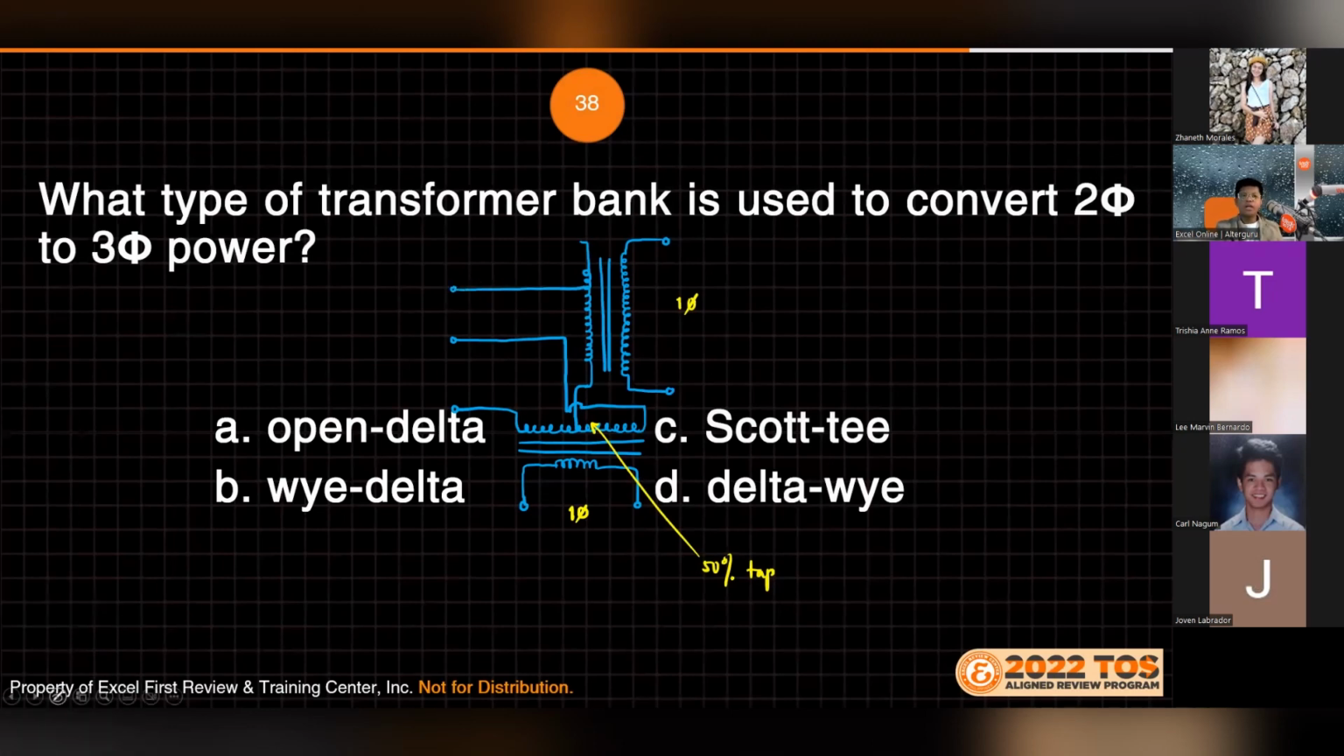Wherein, ang tapping niya dito ay 86.6% tap siya. Okay? So ito ngayon, phase A, phase B, and then phase C. So ito sa cosine 30, sine 30, tapos ito naman yung